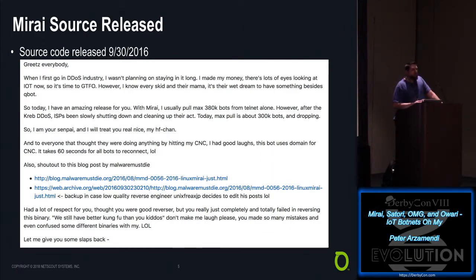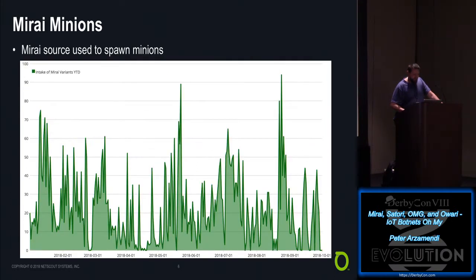Once he open sourced it, or released it, or leaked it, however you want to look at it, we started seeing several variants come out based on Mirai. Here is a graph of just the year-to-date ingestion of different types of variants that were based on Mirai. We see several peaks and valleys here. These peaks and valleys are generally related to when a new variant comes out that adds additional functionality or additional attack vectors or implements some sort of new IoT vulnerability that has been released. Examples are the GPON exploit or the Realtek SDK exploit.